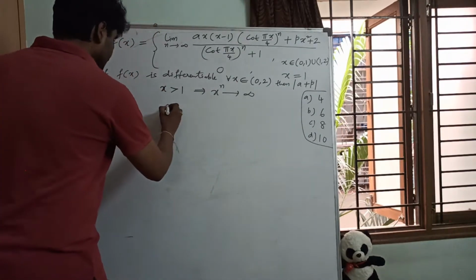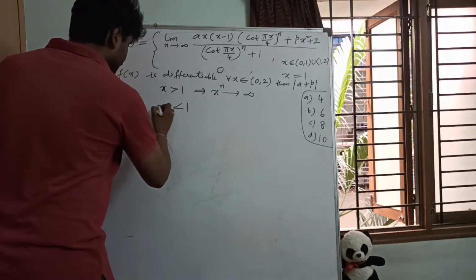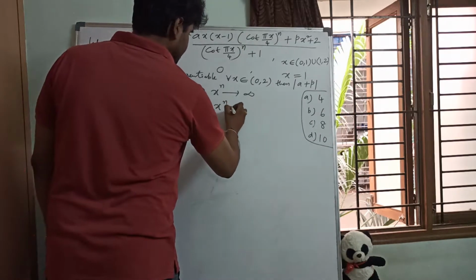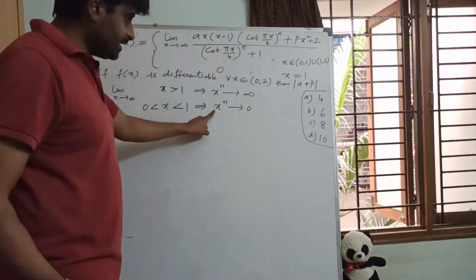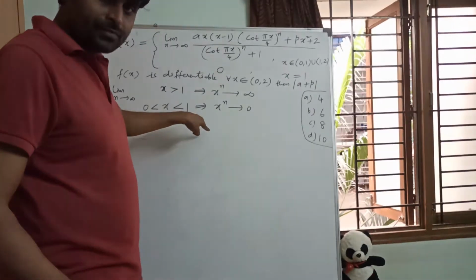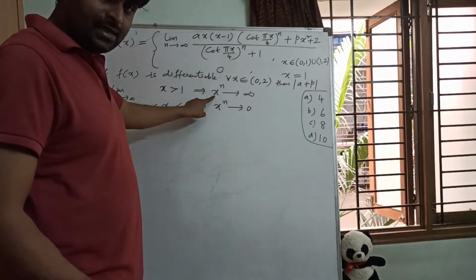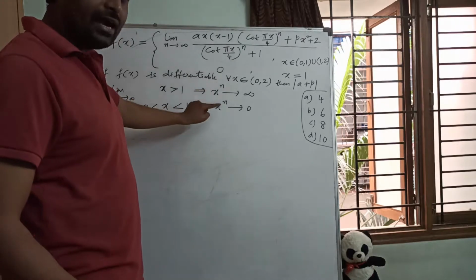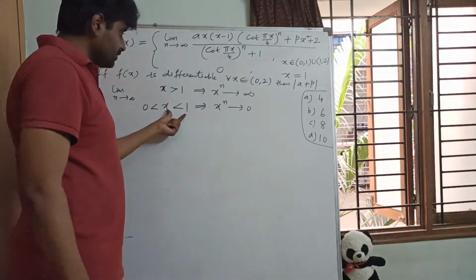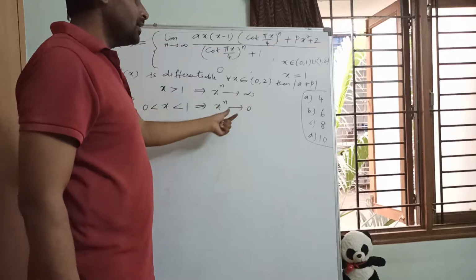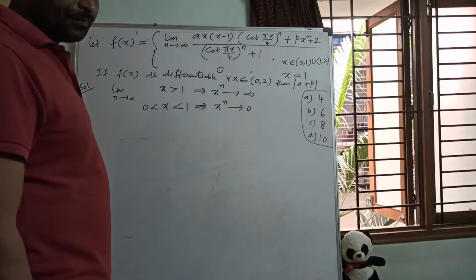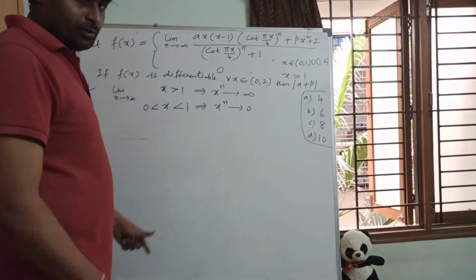Similarly, whenever x lies between 0 and 1, then x power n tends to 0, because it is 0 point something. For example, 0.5 means 1 by 2. So infinity goes down: 1 will be on the numerator, down will have a finite integer power infinity, so 1 by infinity is 0. Whenever we have 0 point values, that power n is 0. Whenever we have a finite value more than 1, that power n is infinity. This is the important point. Clear? You can pause the video and copy this.